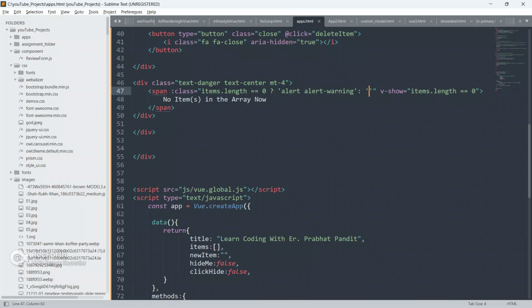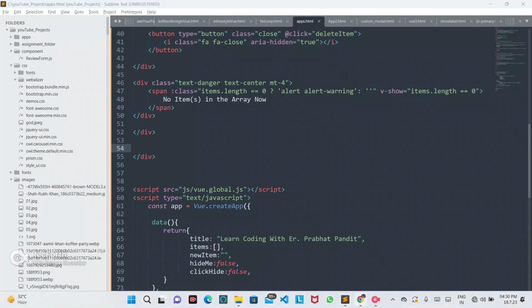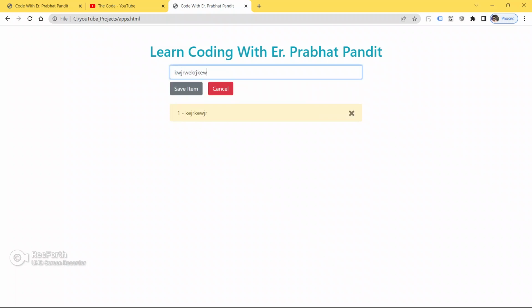And with v-show items.length equal to 0, only then this will be shown. If there is nothing in the array, then we will see no items in the array. Now first save your code, go to the browser and refresh your page. See, as of now we are able to see no items in the array.